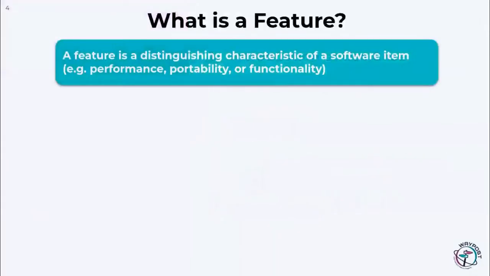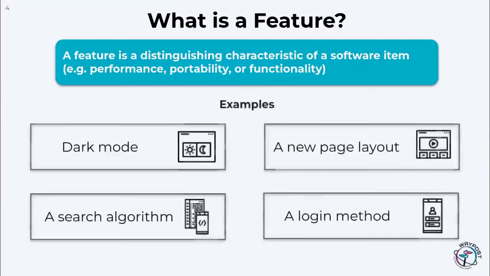Throughout this presentation, we'll be using the terms feature and new feature a lot. We define feature as a distinguishing characteristic of a software item like performance, portability, or functionality. So a new feature can be thought of as some change to the functionality of an application, whether it's an additional feature or just an upgrade to an existing feature. This could be small and simple, like a UI change, or something big and complex, like a new algorithm or